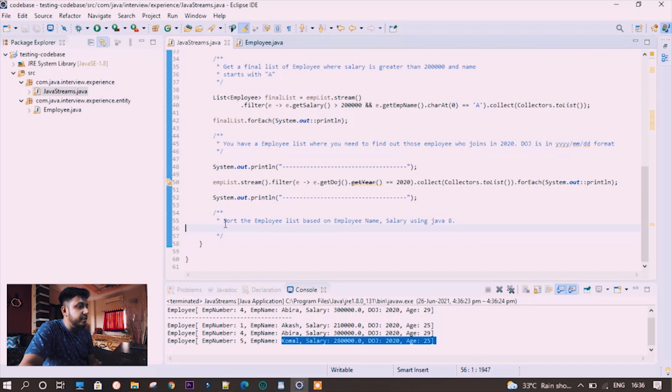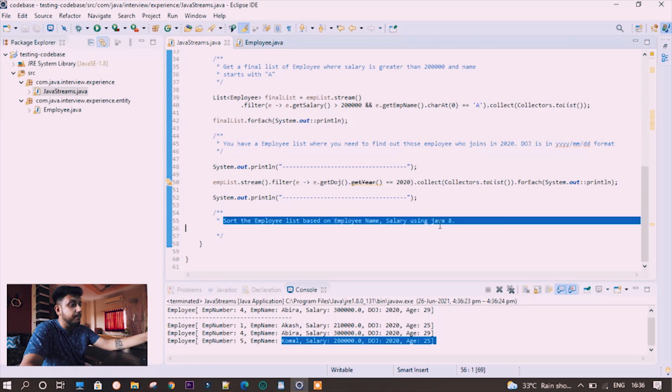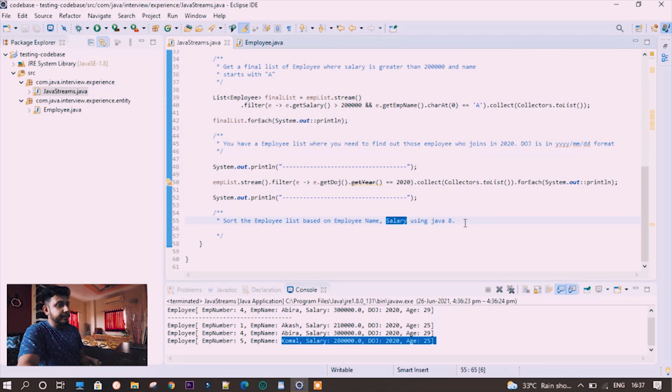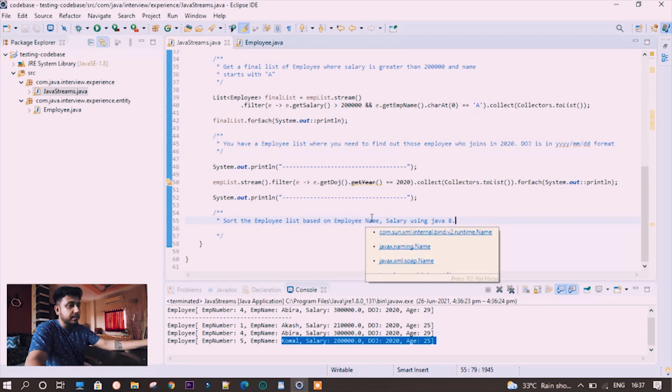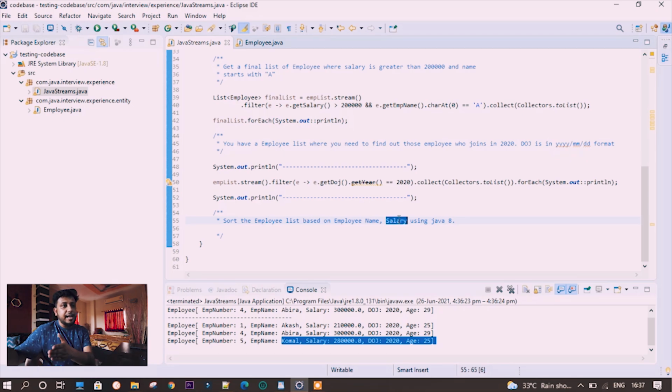So the next thing is to sort the employee list based on employee name and salary, using Java 8. This means that if the employee name is similar, then we need to check the salary. In this way we can proceed.